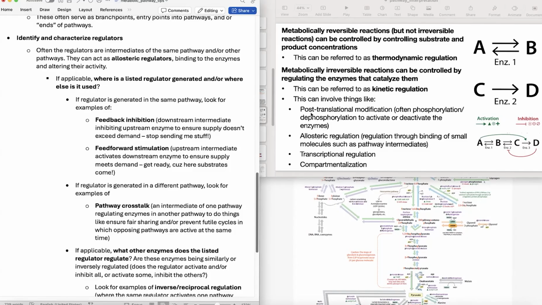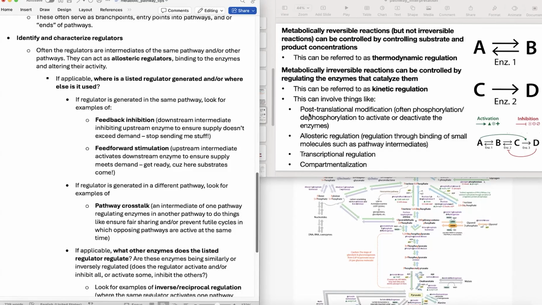You can also have covalent regulation where you're putting some sort of post-translational modification, such as a phosphorylation, on the protein, on that enzyme. And that can also cause a conformational change in the enzyme. It can also open up a binding site for some sort of partner that maybe helps activate or inhibit it, that sort of thing. And so that would be covalent regulation